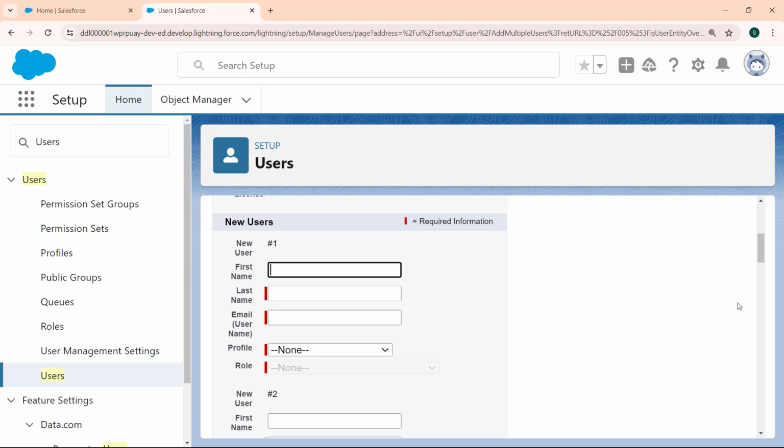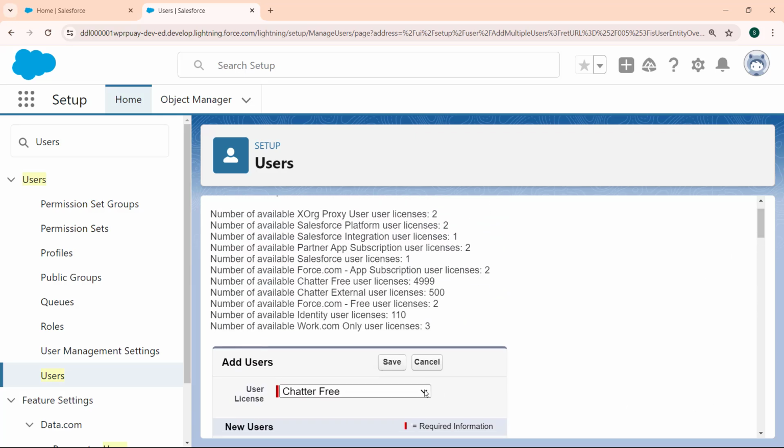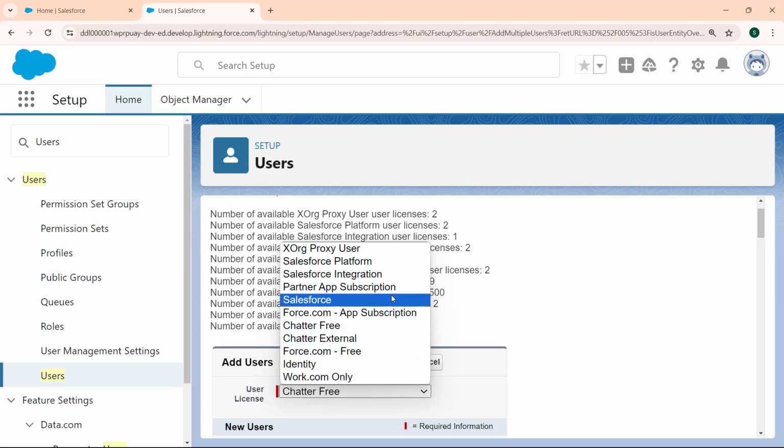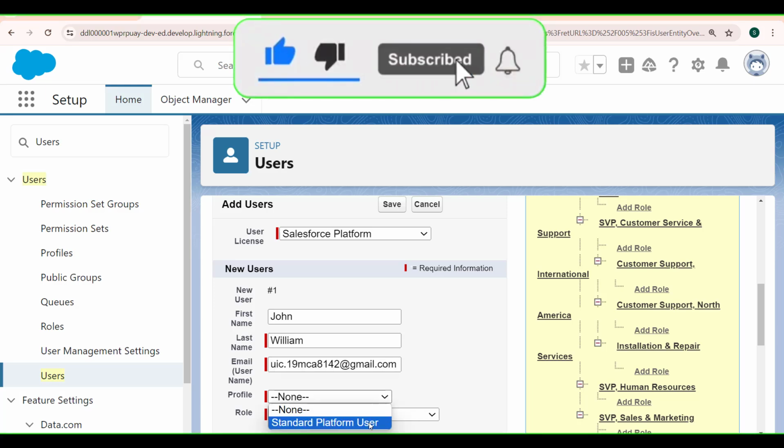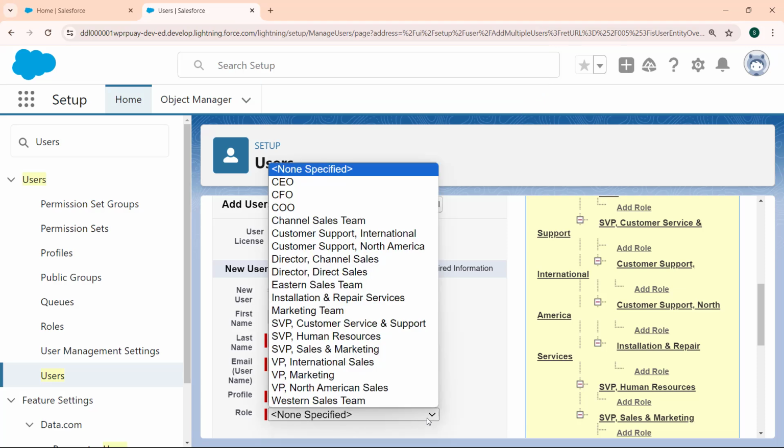So we switch back to the Salesforce platform. We click on the drop down arrow and select the Salesforce platform license. So now let's create a couple of users. Enter the user details. First enter the first name, then the last name, then the email address, and then choose the profile as standard platform user. Then select the role, and here we are selecting the role as